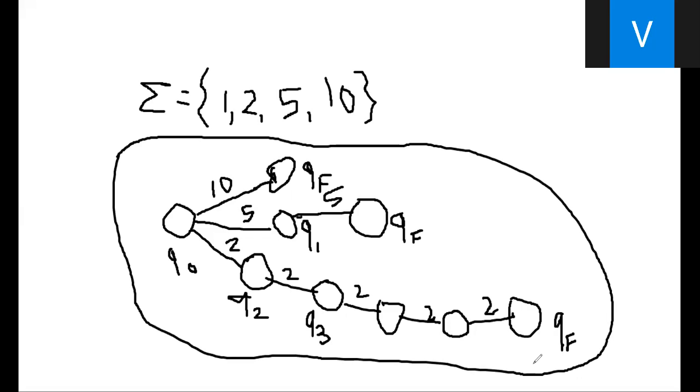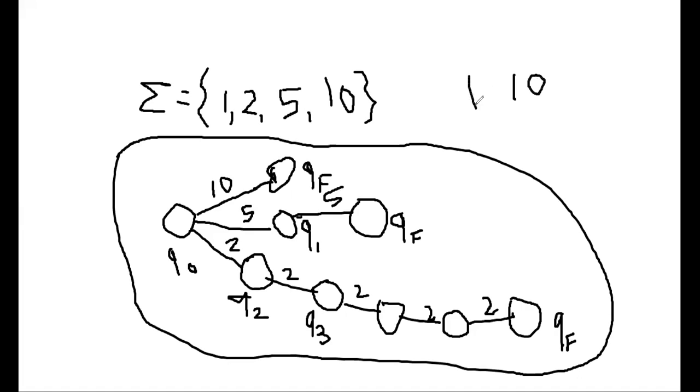Clear? So for drawing the deterministic finite automata, what do we require? We require the alphabet, that is sigma, the input alphabets. And second, what do we require? The deterministic rule: when we have 10 rupees, yes, we'll get a coffee. For that rule we are drawing the diagram. We are drawing the finite automata. So this is the concept called finite automata.